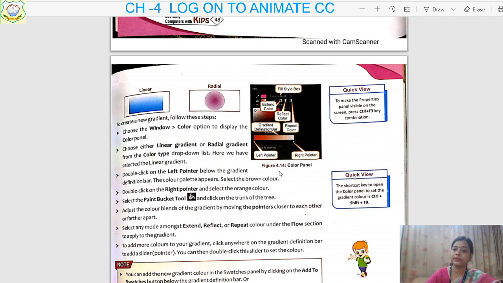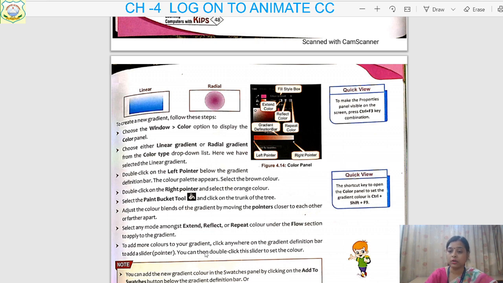So from the left pointer you select brown, and from the right pointer you select orange. So you have a mixture of two colors, orange and brown, which you have created. It's not an inbuilt gradient color.